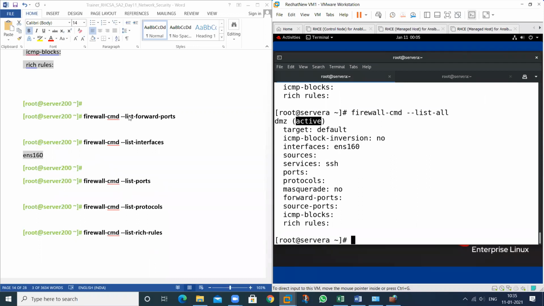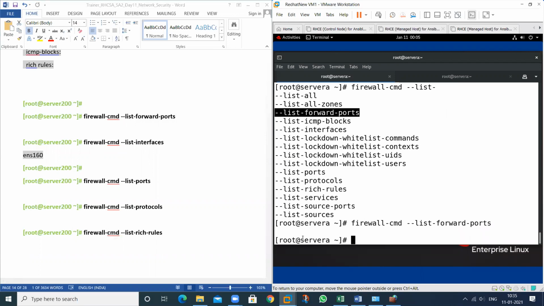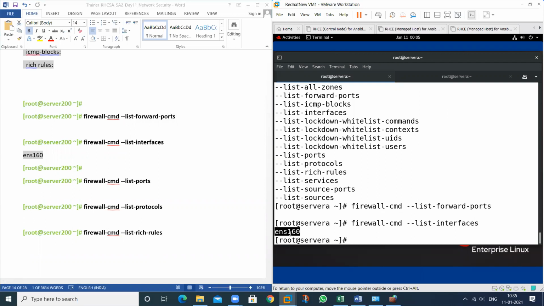So these are all the commands related to the list. You can check the forward port. See, list, which one? Forward port. So you can check all the forward. There is no port allowed because there is no forward port. And the interface also, you can check all the related information. So this is my interface. This interface is allowed in the default zone.